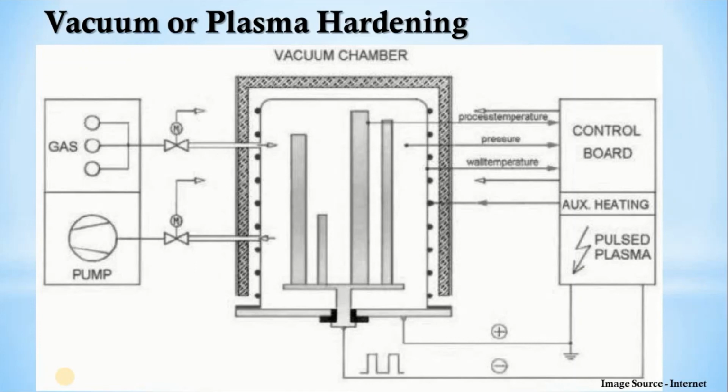In plasma nitriding or vacuum nitriding, it's a surface hardening process in which nitrogen is diffused into the component surface, which produces high surface hardness, good wear resistance, increased fatigue strength and toughness. So those properties we can improve in the workpiece. So here we have seen case hardening, another type of surface treatment process, the different types, what is their function, and how they improve the surface properties of the workpiece.